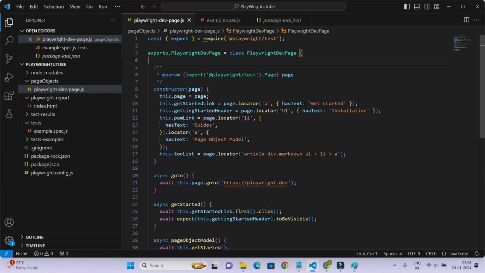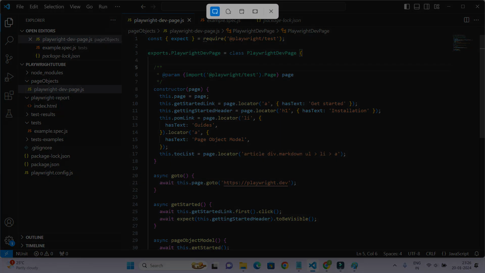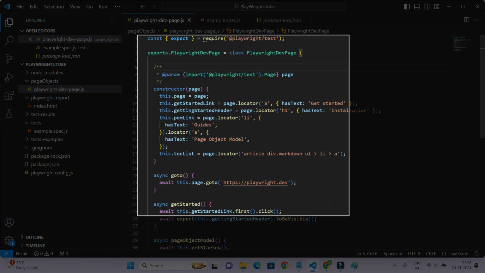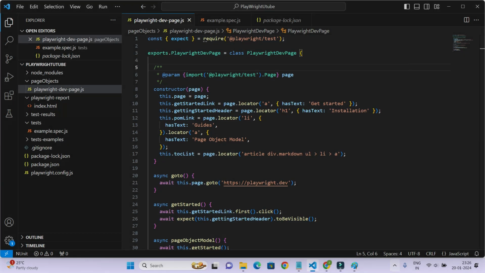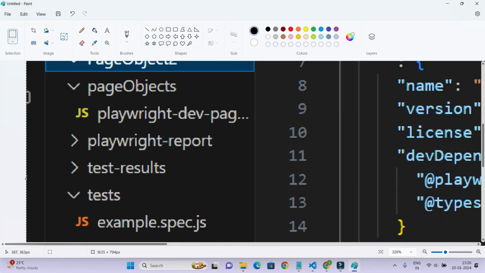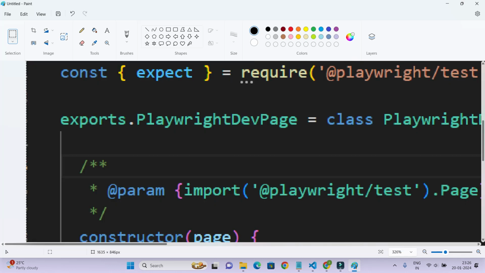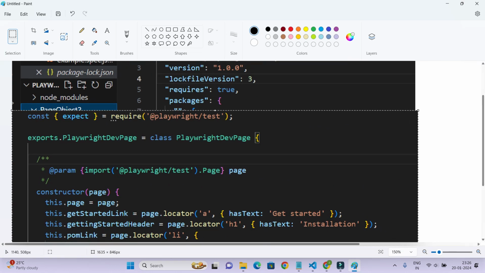So I just created the class. I'll take this screenshot and put it here so that you can see very clearly. So this is the class. You need to put the export here, dot playwright dev page. This is the class name, not the file name, and equal to class. Same thing you need to give. This is how you need to give. After that,